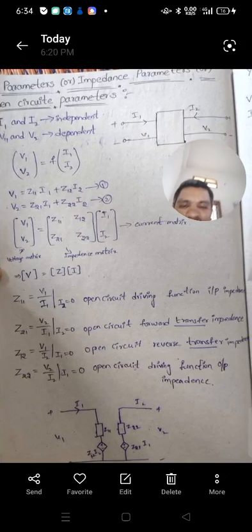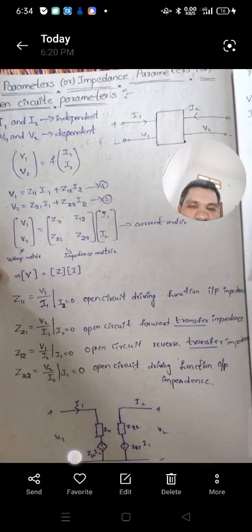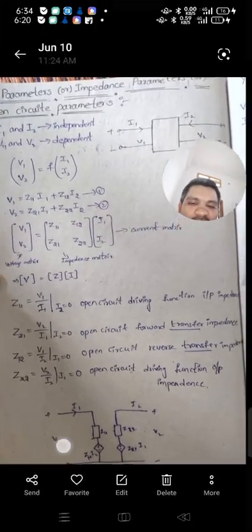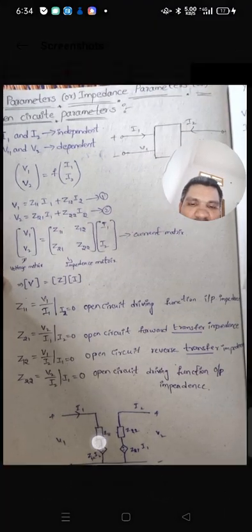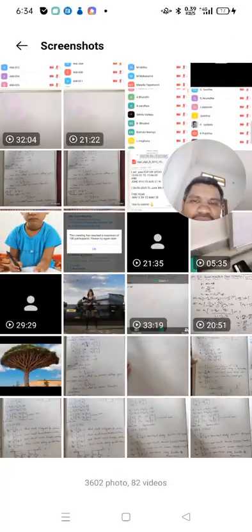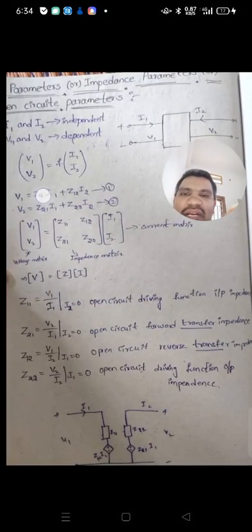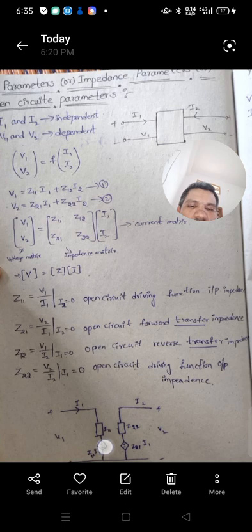So we connect V1 into this terminal, and V1 is depending upon Z11 into I1, and here the current source, that is Z12 into I2. So this is called the impedance parameter, that is Z11, and here Z12 into I2 is called the